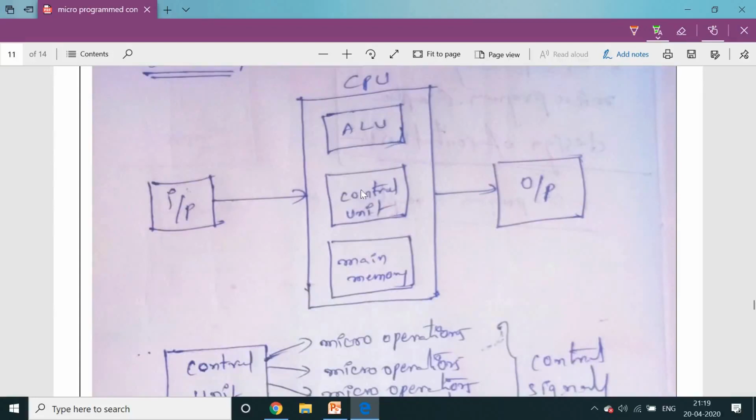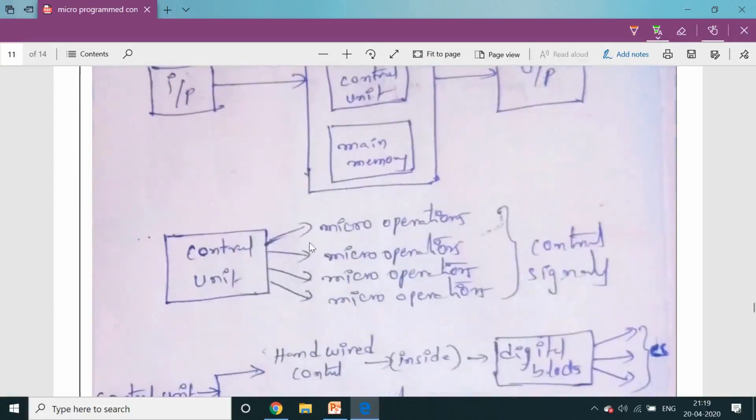So just observe closely in control units, because we are going to see this control unit across all these four topics. We are going to observe what are the actions performed by using the control unit. So from the control unit, the final output is we are generating control signals.